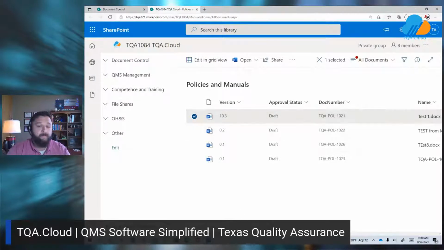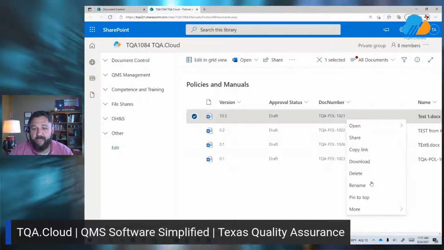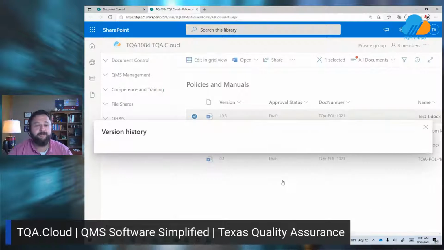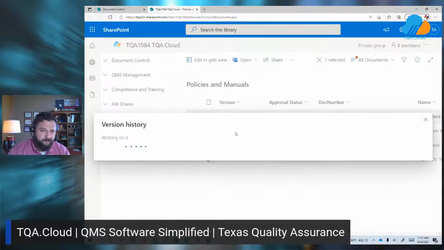major version. Here's something that's really cool about that, though, is maintaining controlled, uncontrolled documents has always been the bane of the existence of any quality manager. And we know this. But what we've done here is we've enabled you to maintain your working document library and the final master list for your document library all in one location. So let's take a look here at the version history of this document, and I'll explain a little bit more.